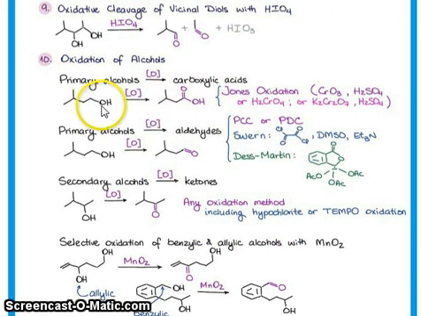Oxidation of alcohol. So primary alcohol gives carboxylic acid. The reagent is Jones oxidation, chromium oxide, sulfuric acid, potassium dichromate or sulfuric. Primary alcohols give aldehyde in the presence of PCC or PDC. Secondary alcohols give ketones. Any oxidative methods including hypochlorite or TEMPO oxidations,